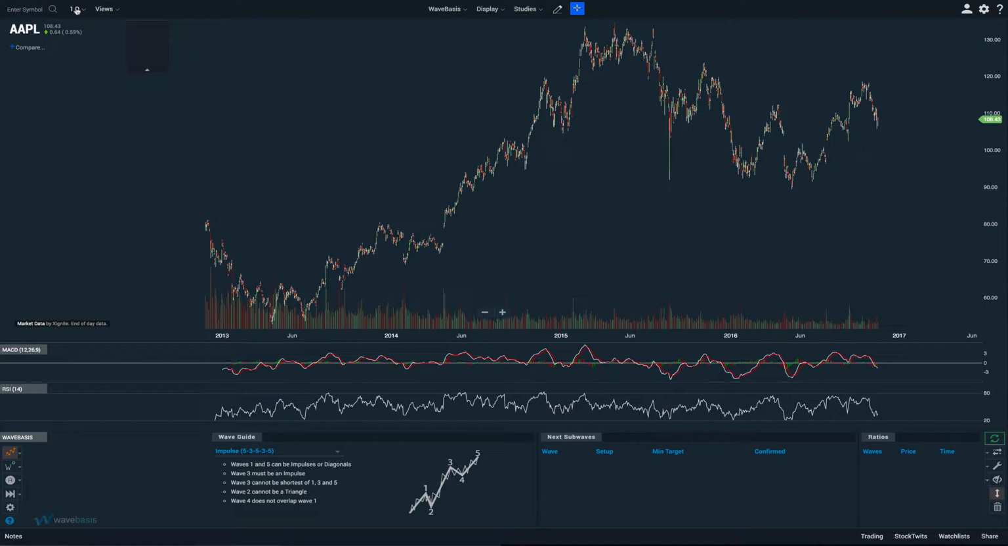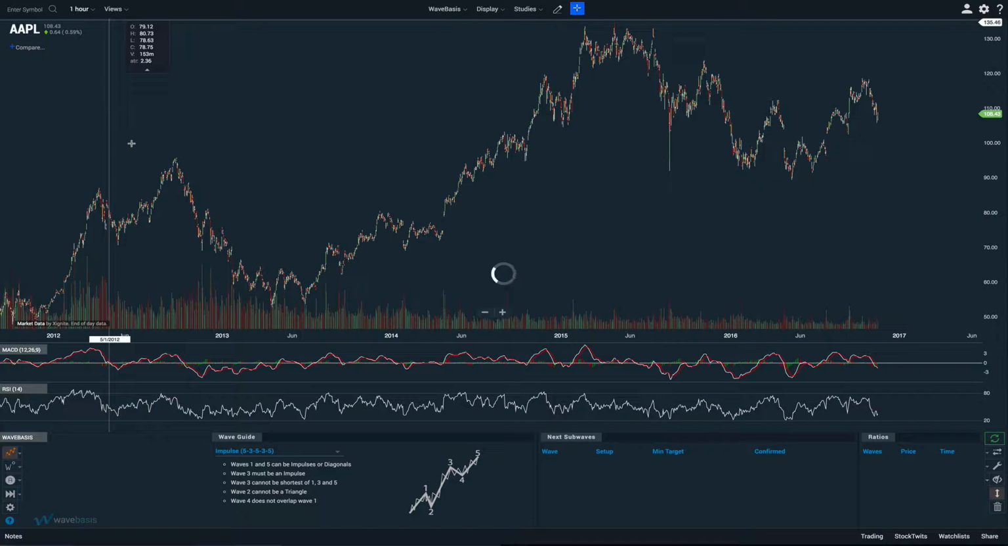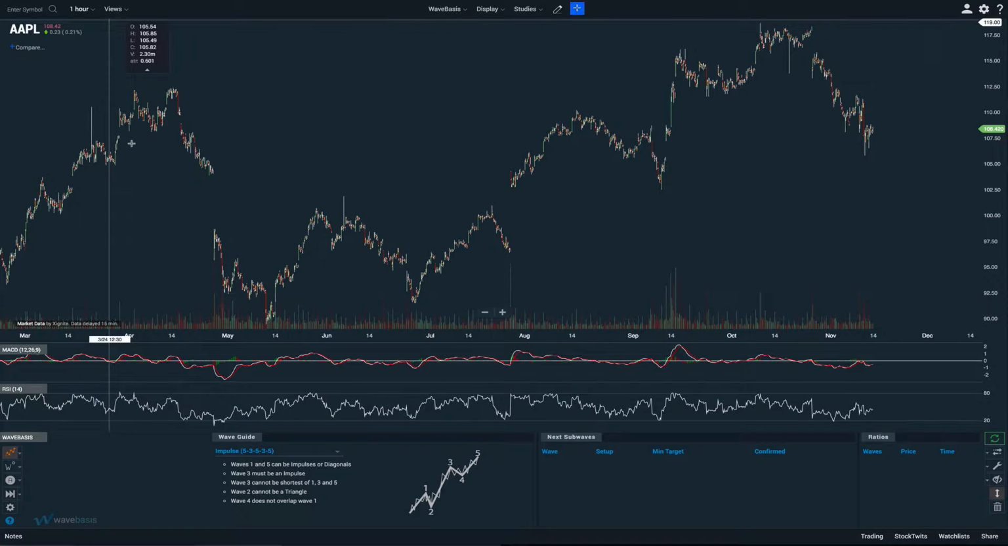And if you've watched any of our other videos, you might have noticed that we've used Apple quite a bit in our tutorials. And one reason for that is because since the May low, as you see here, Apple has moved up in a very well-behaved, almost textbook 5-wave impulsive move. It really just jumps out at you. So in this, we can use this as another example to